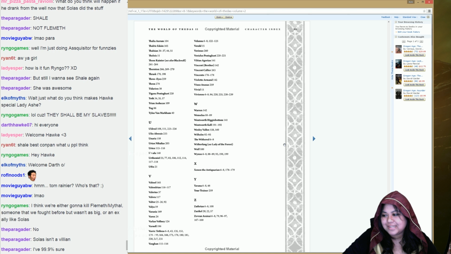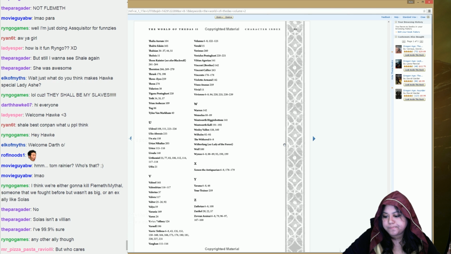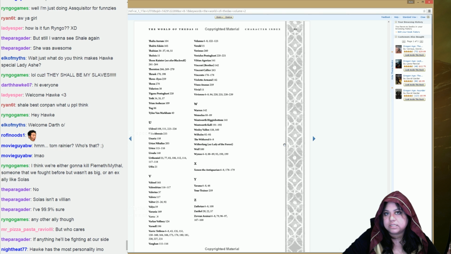Tom Rainier? Who's that? Solus? Solus is not a villain. The thing is that he is very much turning into a Loghain. He is trying to do in his heart what he thinks is right, and he does have the knowledge from